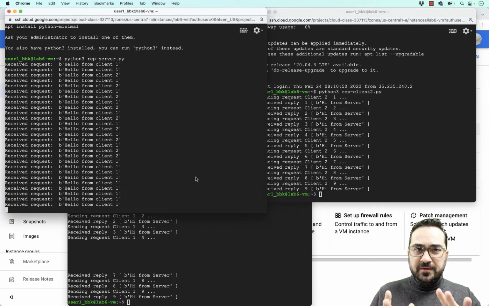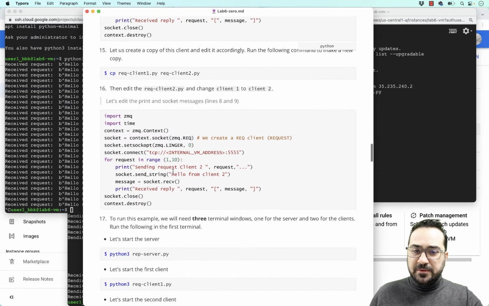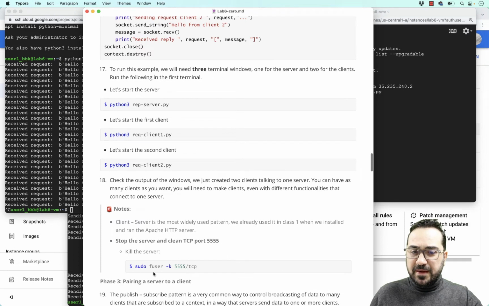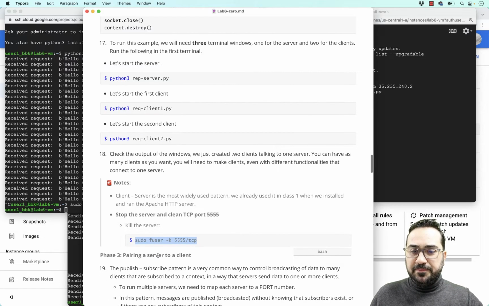Okay, I have my windows here. I know it's a little bit messy, but I was able to control the situation and understand that I have 2 clients connected to one server. Okay, let's do this. Let's break this, Control C. Let's clear the ports, and I can go here and clear the port. This is the command one more time. The server is at 55555, so clear the port. All right. So I'm ready to go to my next step.